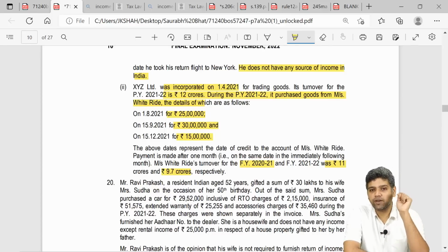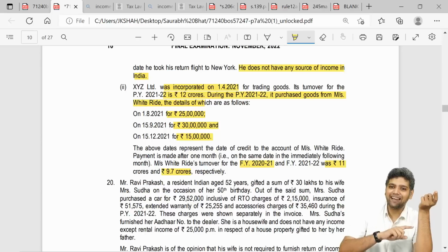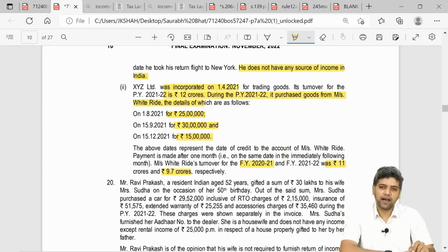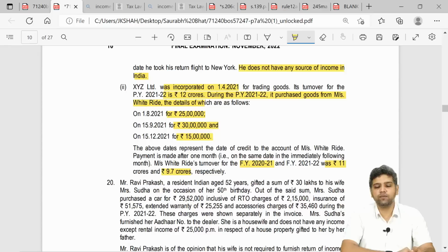Now you need to shift focus, because once 194Q is not applicable, for the seller, provision of section 206C subsection 1H are applicable. Now the seller would be required to collect TCS from the buyer. Again, the percentage is the same. However, please note friends, under 194Q the TDS deduction is at the time of credit or payment, whichever is earlier. However, in 206C subsection 1H, the TCS collectible event is when the realization is made, when I make collection from